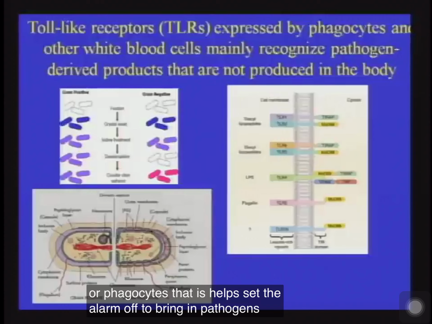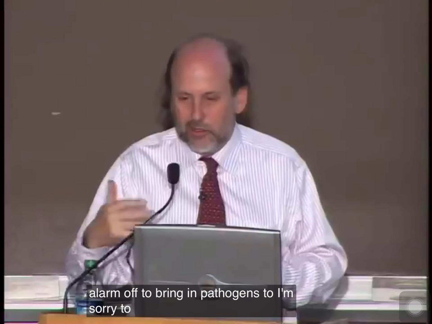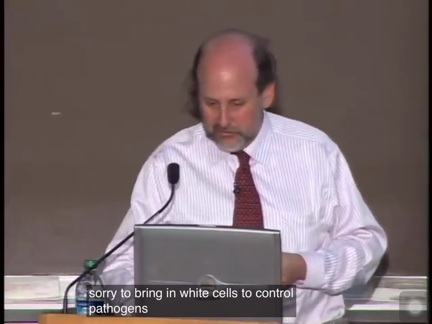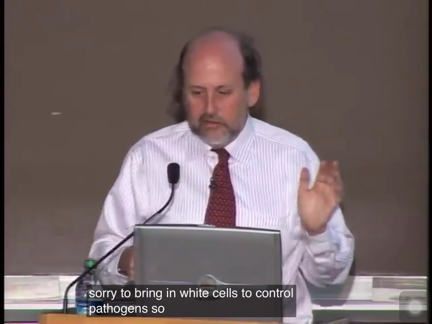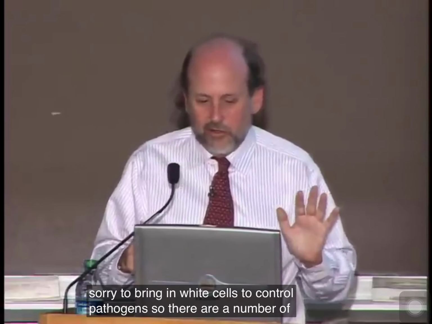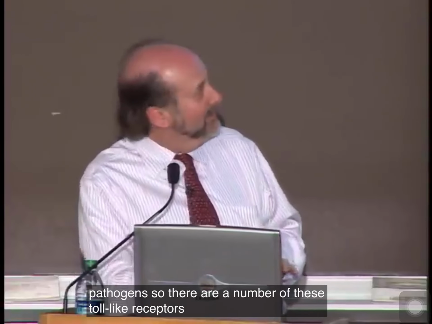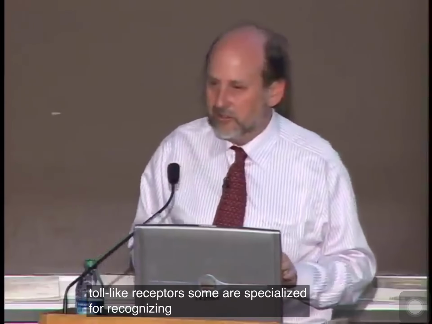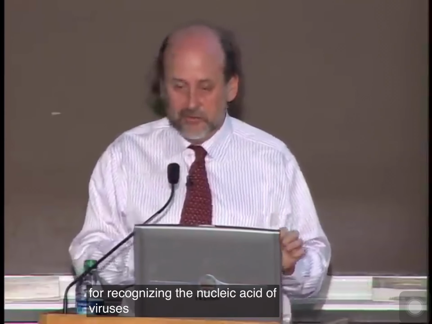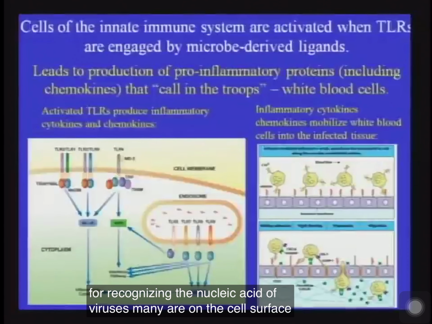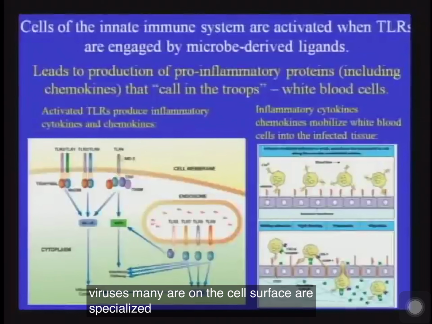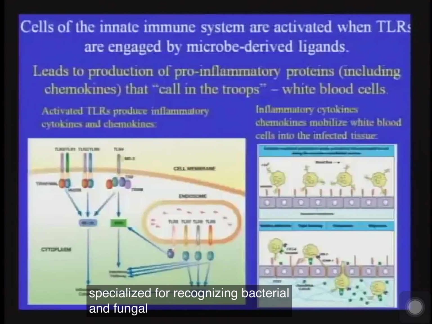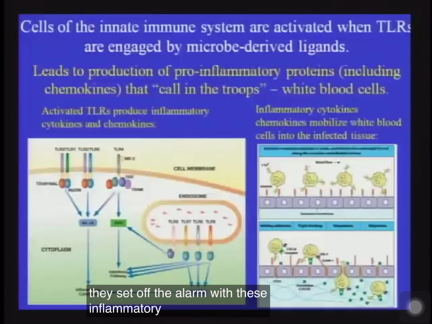bring in pathogens to bring in white cells to control pathogens. So there are a number of these toll-like receptors. Some are specialized for recognizing the nucleic acid of viruses. Many on the cell surface are specialized for recognizing bacterial and fungal derived products. But once they set off the alarm with these inflammatory cytokines, they bring the white blood cells that are normally